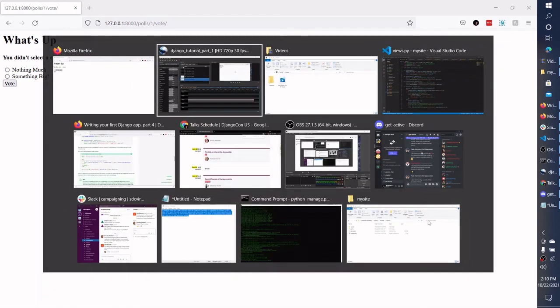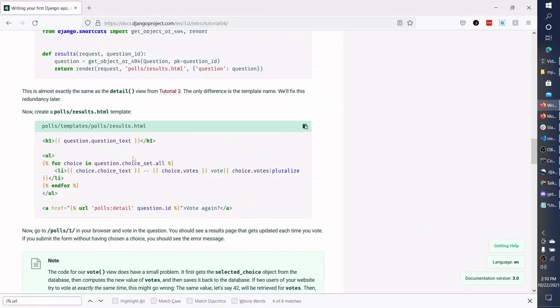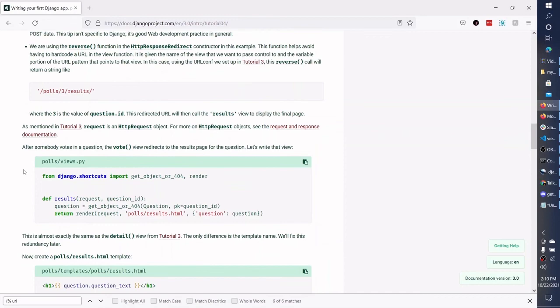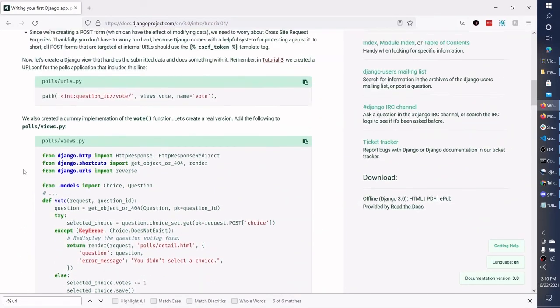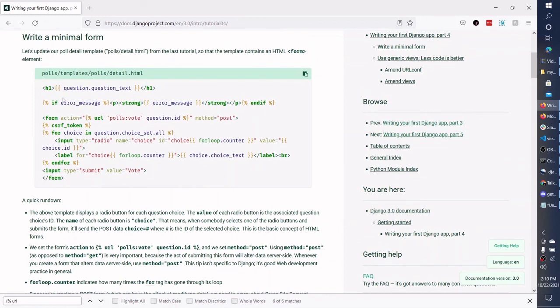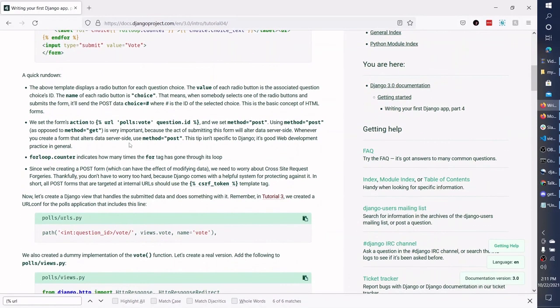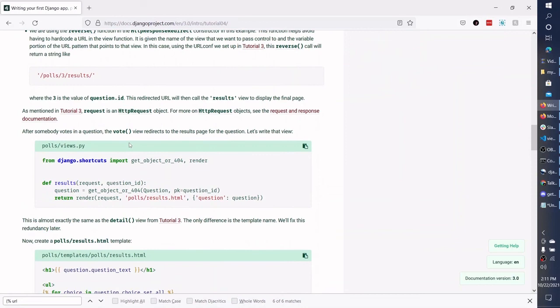All right, so let's take a look at this display HTML and get a better look at what's going on. Actually, first let's go back up here for a moment. Okay, so this is our polls detail. And remember when I didn't click on a choice, not the big error message that came up, but when I got this functioning right and yet I didn't select a choice and hit enter, that's when we saw this error message that said you didn't select a choice. Now going back down in our results view,